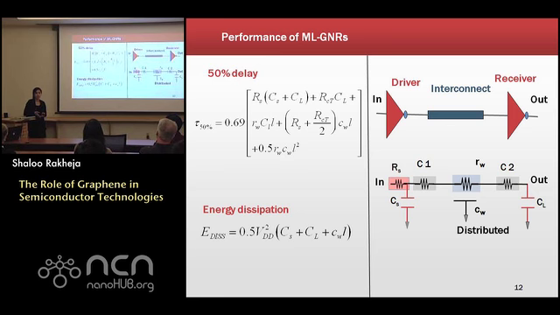For short local interconnects, it's the first two components that matter a lot. The third component is not that important. And it's the short local interconnects that we are trying to target over here instead of the long back end of the line, like the topmost layer. We're not targeting that. And the energy dissipation is simply given as the amount of energy that would be needed to charge or discharge the total capacitance at the output node.